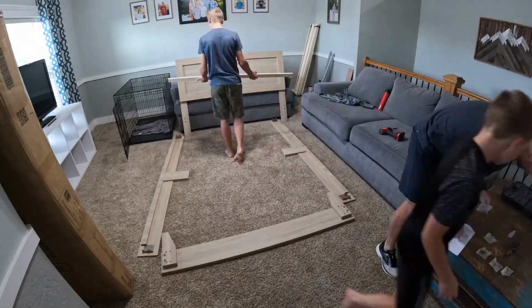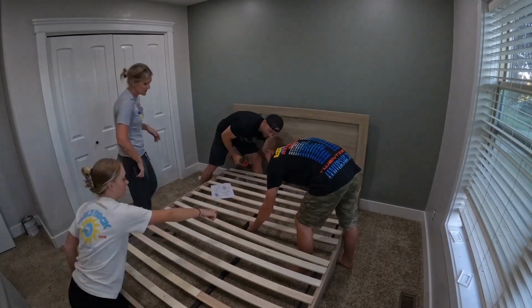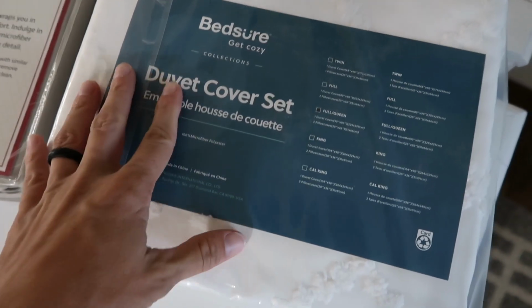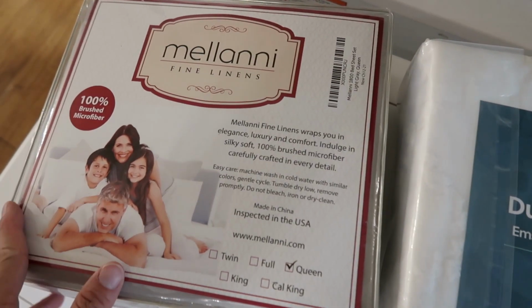And Dave and my sons put it together for us. Moved it into the room after all the painting was done, put the Helix mattress right on top. We can see it, my friends, we can see it coming together. So we added some new bedding. Haley picked out this really simple duvet cover and duvet from Amazon. They were very inexpensive. Anything I'm talking about in this video for the room refresh, I'll leave everything linked